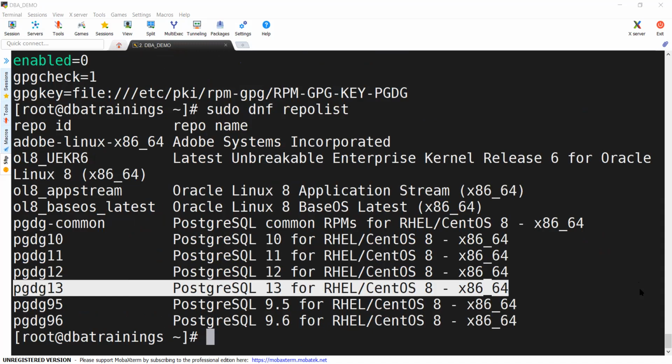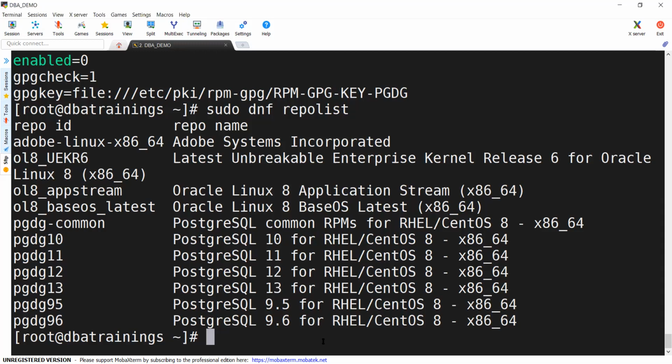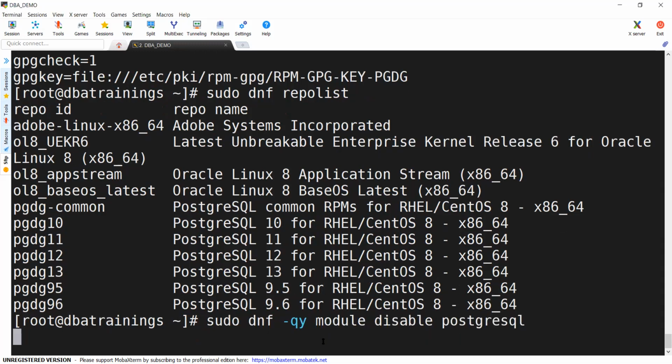Now, before the installation, let me disable the PostgreSQL AppStream repository, which is not required for Oracle Linux 8. Let me disable it.